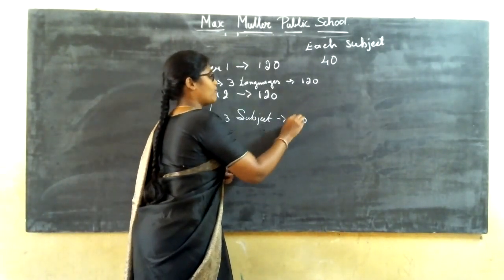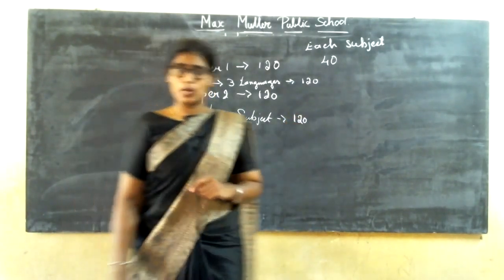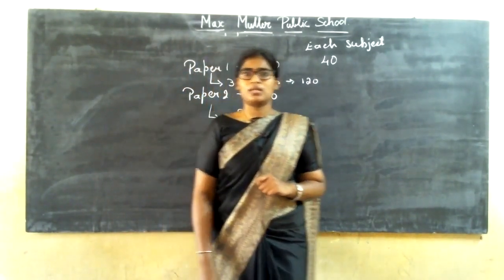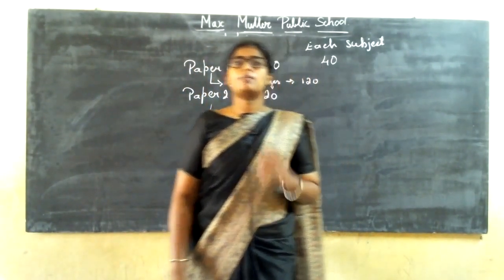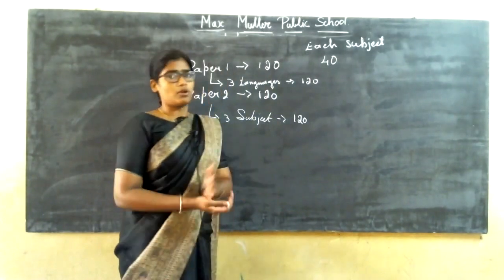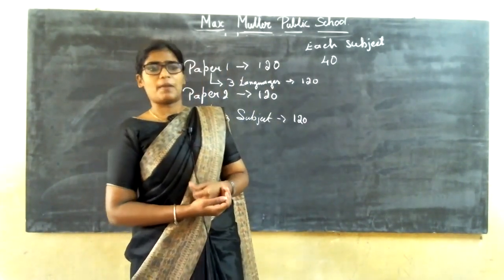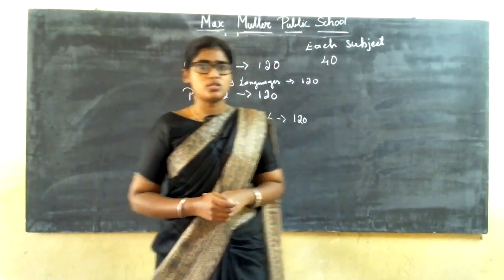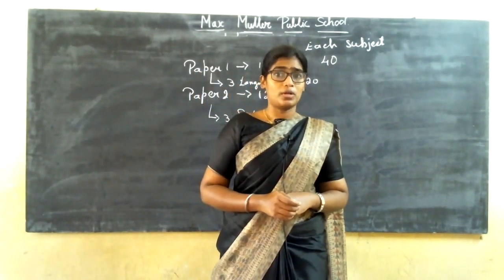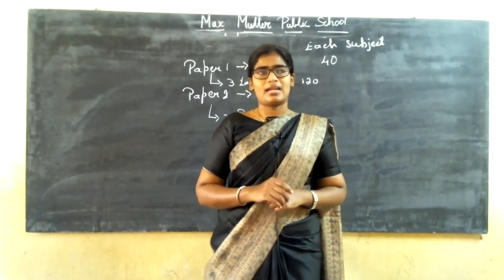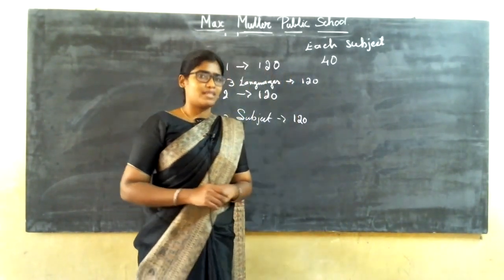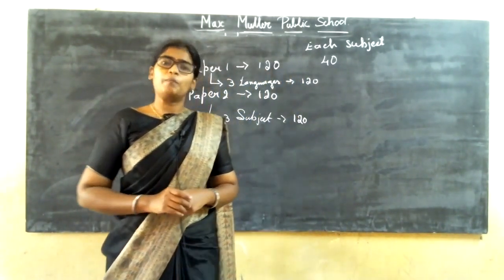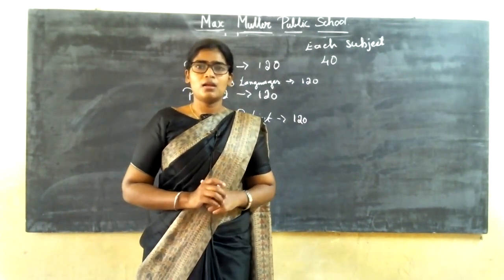As we have already started with the linear equations, we'll be continuing with the linear equation itself, and we'll be concentrating more on the objective type questions, since the paper will be of objective type itself. We'll see what all the questions will be there. They have told it will be only direct questions, and indirect questions will not be there. The paper will be set very easily. So 40 questions will be there.